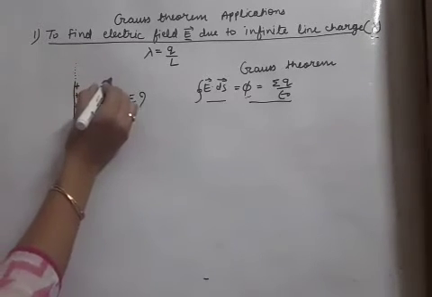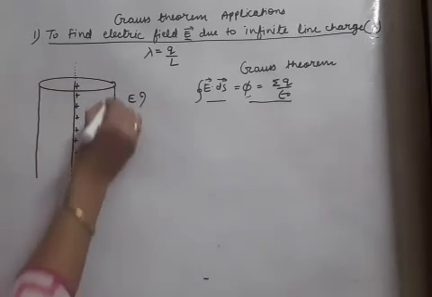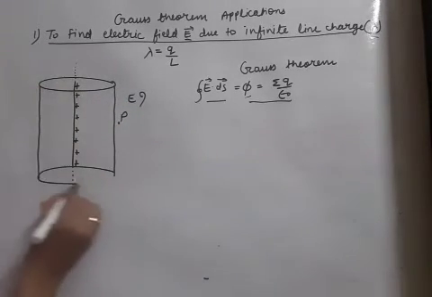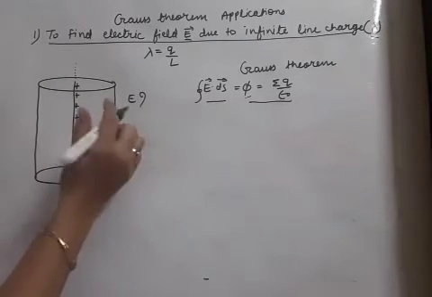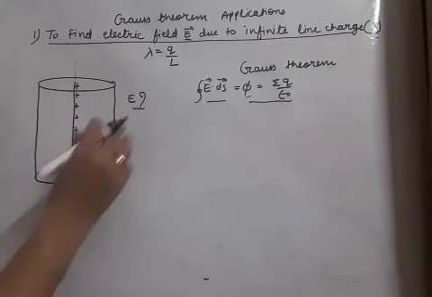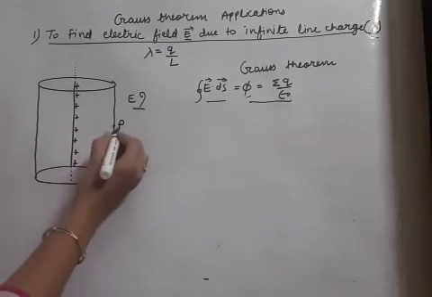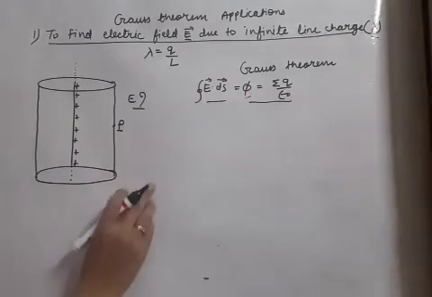So the shape which will enclose it, that will be cylindrical shape. So remember this thing. If a line charge is to be enclosed, it will be enclosed by a cylinder, and this point P where we have to find the electric field, that should be present on the surface of the cylinder. Now let us proceed in the direction to find this E. How to find the electric field here? Okay, so we will be applying the Gauss theorem.